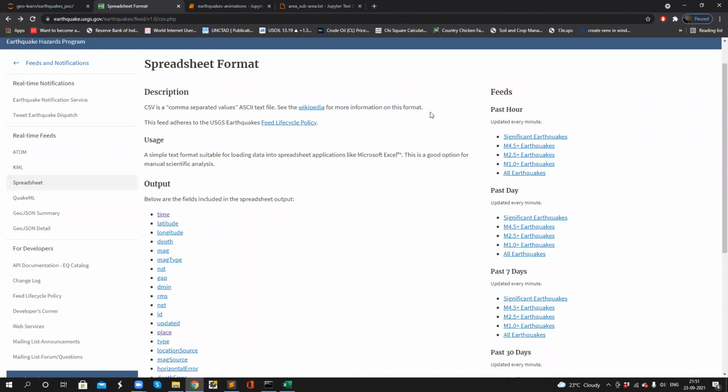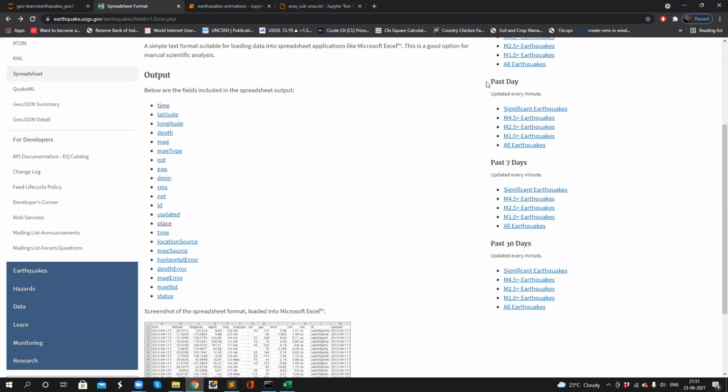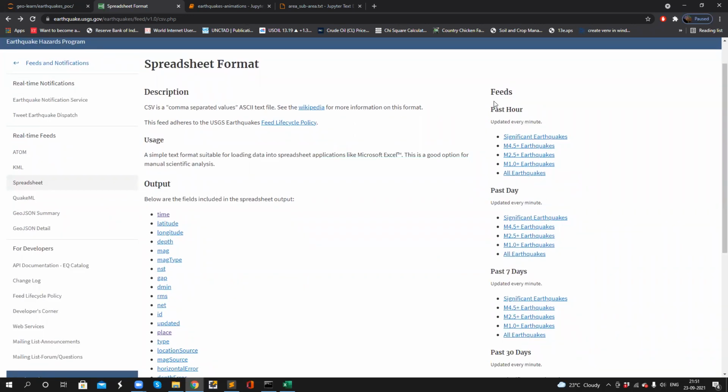Here the earthquake data is captured on an hourly basis, daily basis, weekly basis, and monthly basis. You can observe every category is updated every minute. So it's live streaming data where we can develop live streaming dashboards. That can be very helpful.